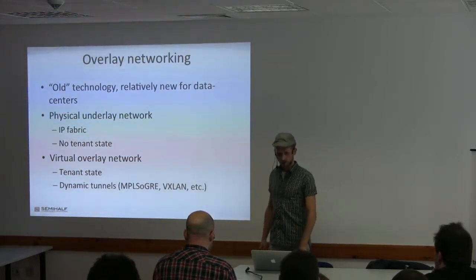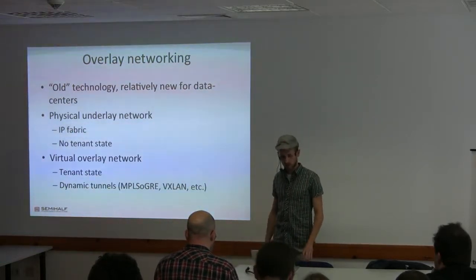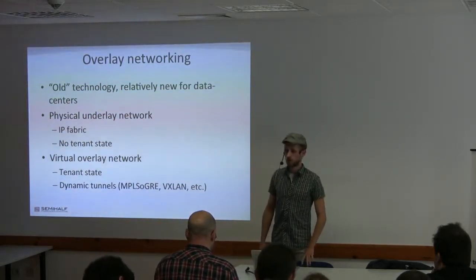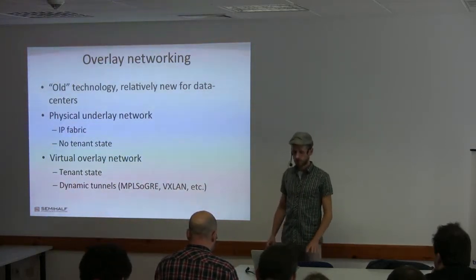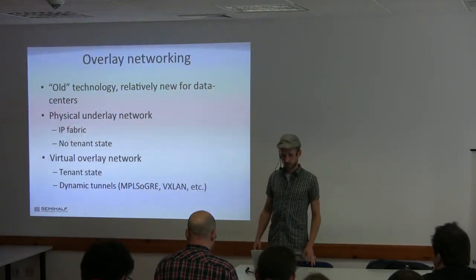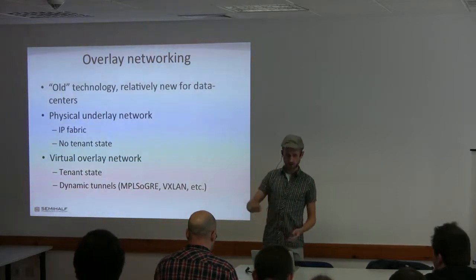Except for gateways, but maybe about this a bit later on, all the state information is contained in the virtual overlay networking. And OpenContrail uses MPLS over GRE, VXLAN, and MPLS over UDP types of tunneling, because these overlay networks are created as tunnels between